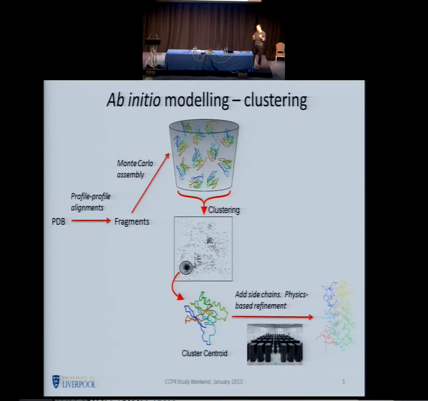the best models. So instead what you do is apply clustering, and what you hope to see within this large number of models is a subset which are quite similar structurally, and when that subset is a large proportion of your model set, then it's likely to represent a fairly confident prediction of the overall fold of your protein. So clustering is key to ab initio modeling, and some representative of that cluster would be your predicted fold for